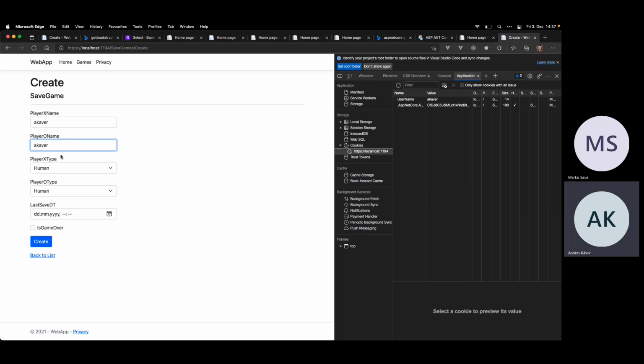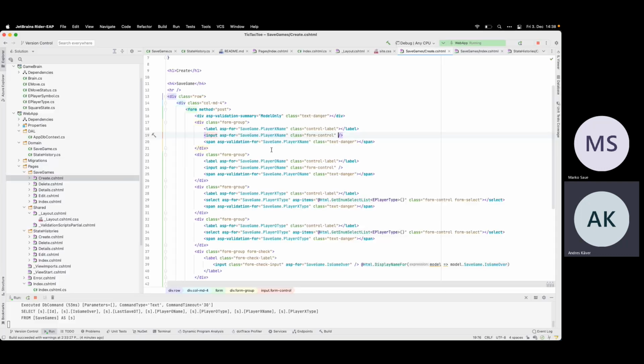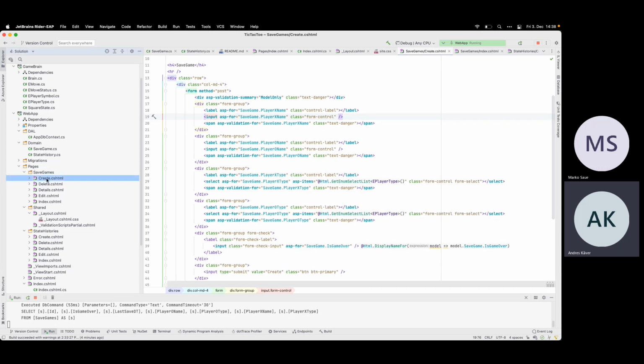I will play against myself initially, and if I want to invite somebody into my game, then leave it empty. And playing against myself is also kind of pointless. So I probably need a better UI here, or better user experience. And player, so I need to do a totally different UI.